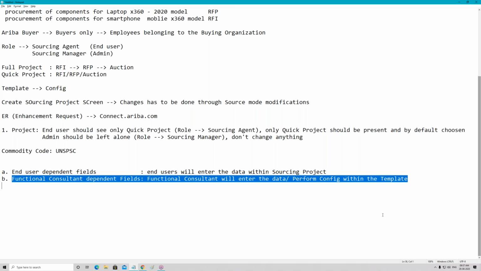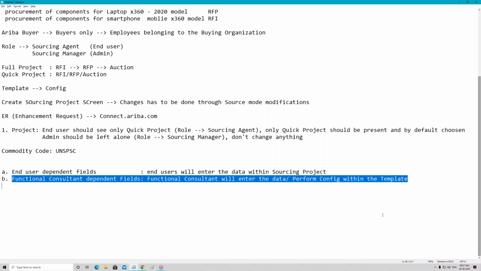So a functional consultant will prepare n number of templates, and all the templates will be visible or will be coming up for the selection. Then again, this is a very good question. This will depend on your design approach. Design approach basically depends on your client's requirement. So right now, I will suggest don't go into this part. Stay in the process flow, understand the process flow.